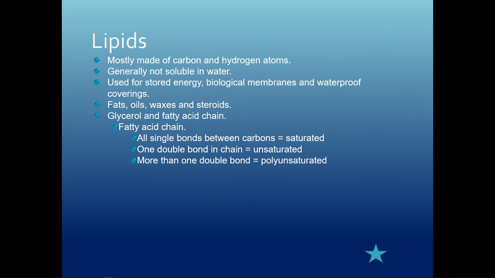First one is glycerol and fatty acid chains. These make up what we call triglycerides. This is typically how we store fat within our body, right? When we look at a fat cell, it's triglycerides that are stored within there. And what we have here is we have this long chain,